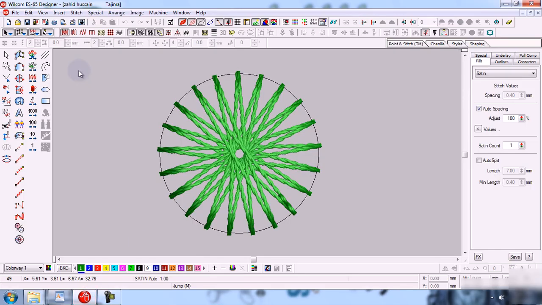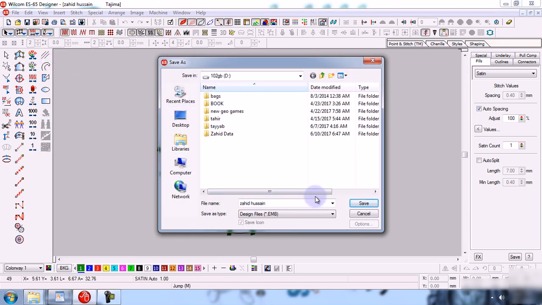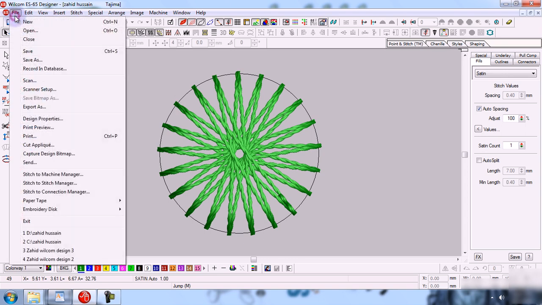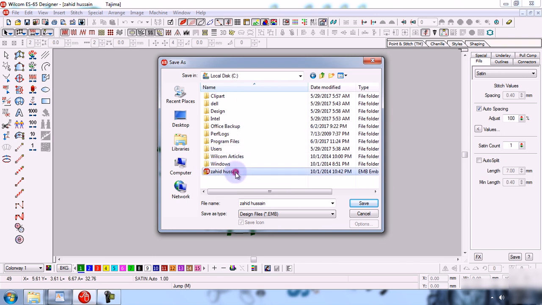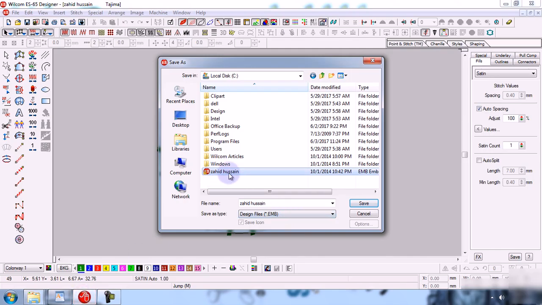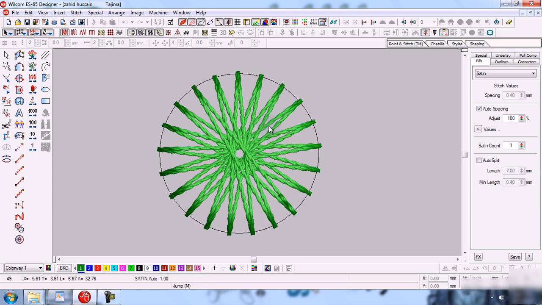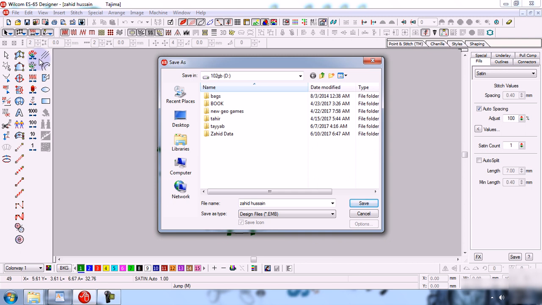We can save this design in any other location or any other drive.